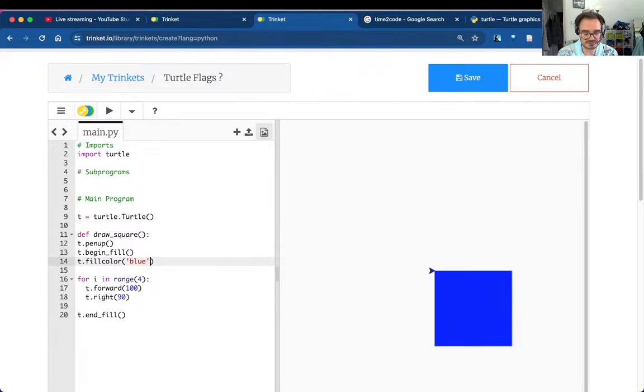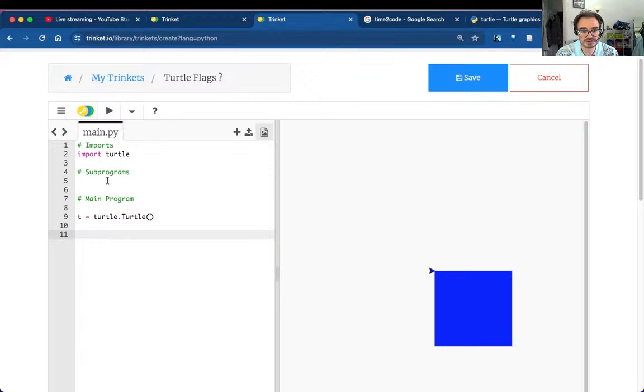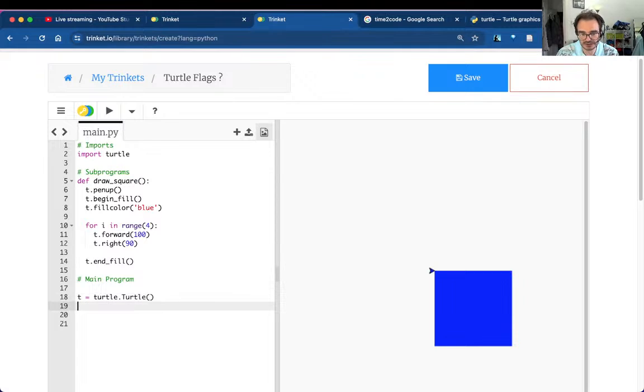So same deal. I'm taking the lines I want to put in my subprogram, put it here. That becomes a nice little self-contained subprogram that I can cut, put it in my subprogram section, and then all I've got in my main program is to just, oops, not in capital, draw_square